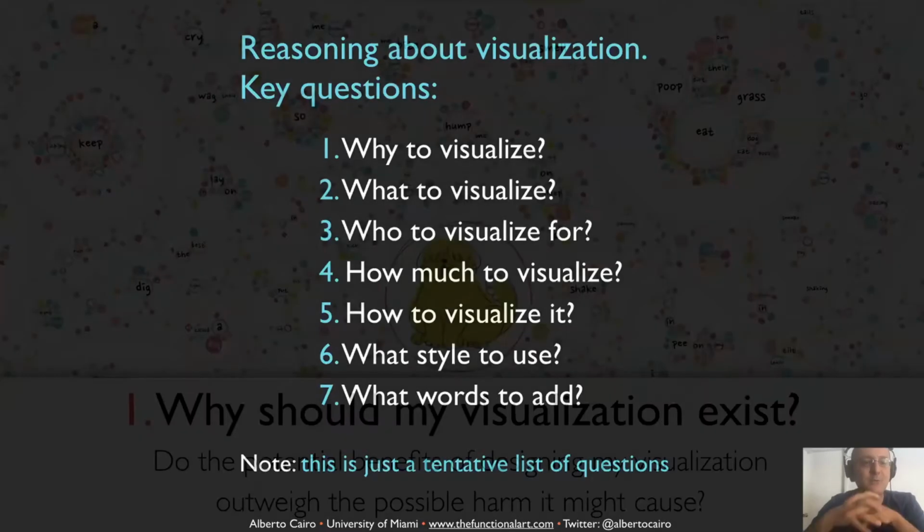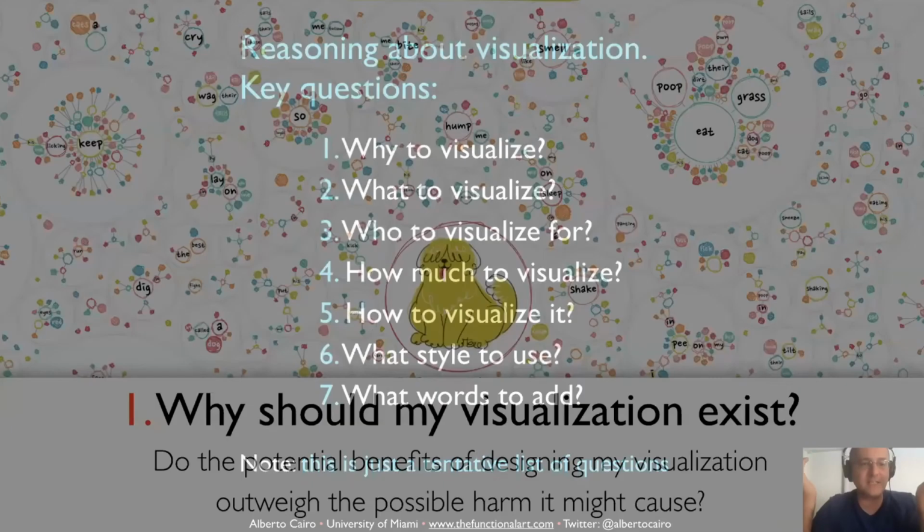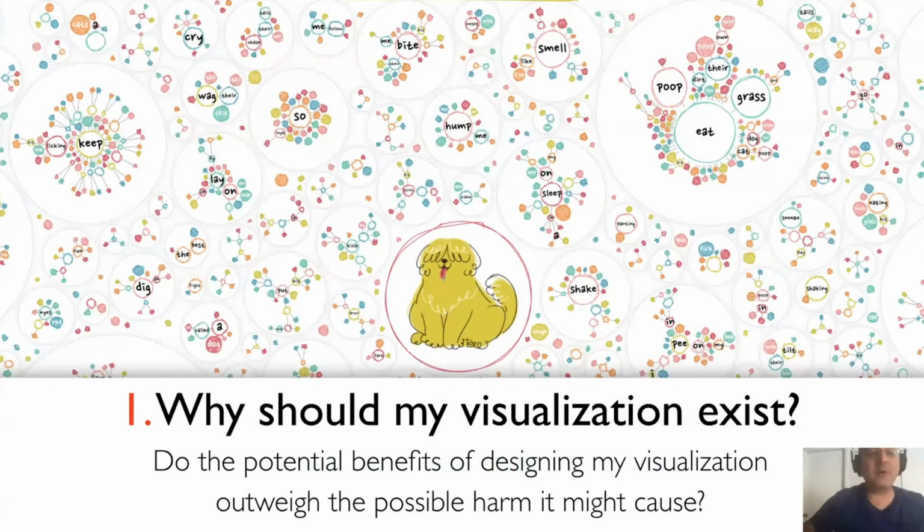The first one is to ask ourselves, why should my visualization exist in the first place, right? One of the things that I'm planning to write about in the book is that I envision two types of visualizations. The first type is the visualizations that I would like to call why not? Why not visualizations are visualizations such as Nutty's wonderful why do cats and dogs, right? By why not visualization, I mean if your topic doesn't affect people's lives in a consequential way, it's just a fun topic, your visualization is why not?